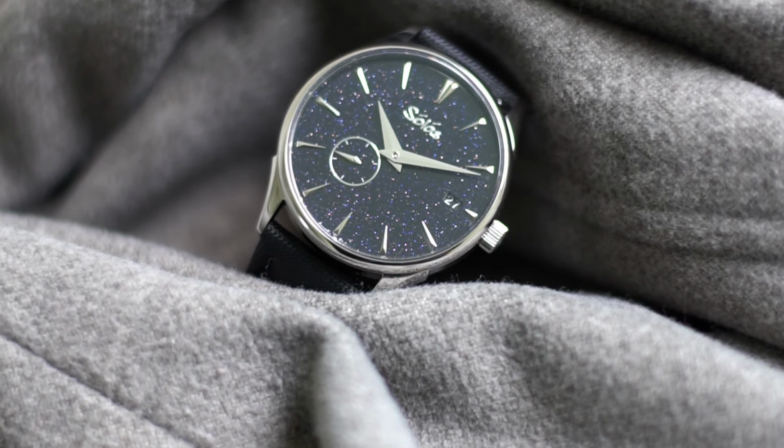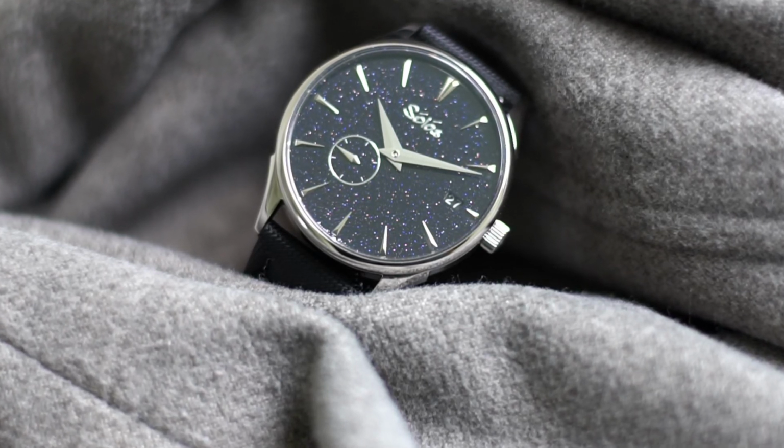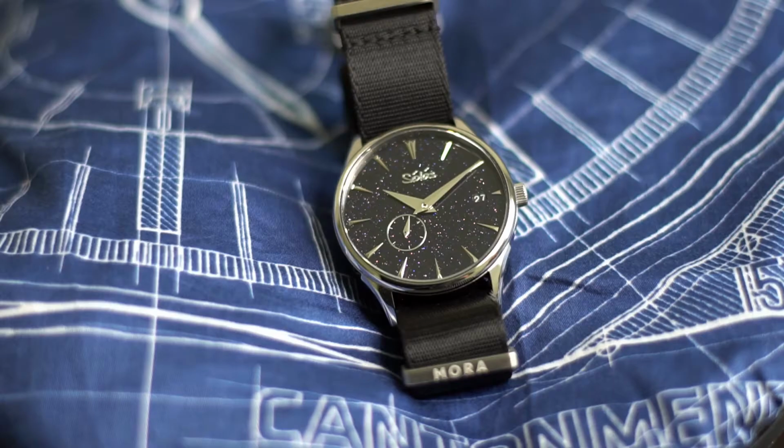I honestly would recommend this watch, and at some point, I would love to add a micro rotor watch to the collection. If you haven't already, head on over to the company's website to learn more about the watch and